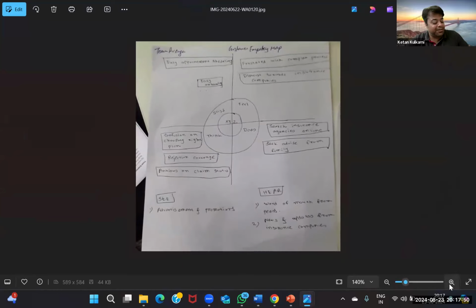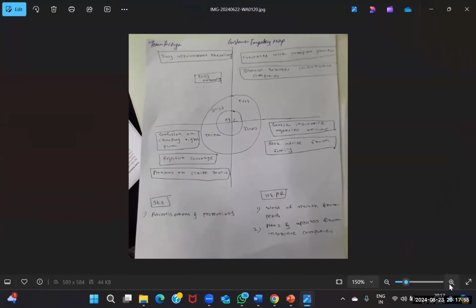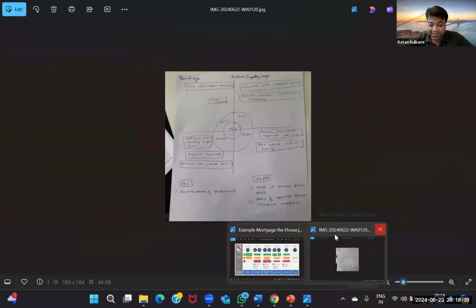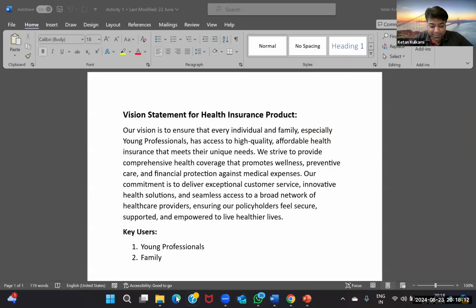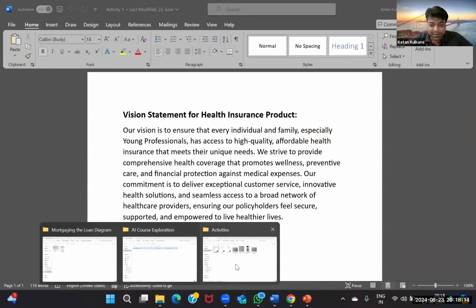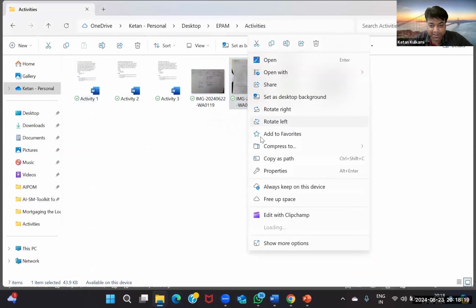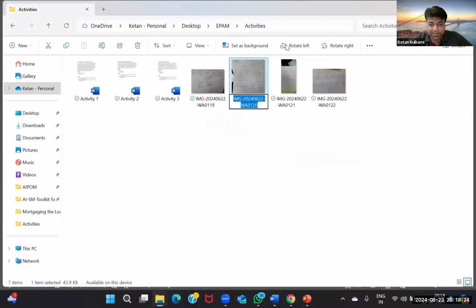Yeah. So let's see whether ChatGPT understands what Team Avengers wrote in the customer empathy map. It's fantastic that you brought this up, because eventually I had something to justify on that as well. So let's see. Let me first see where that image is. I think this one is the image. Let me rename this so that I can